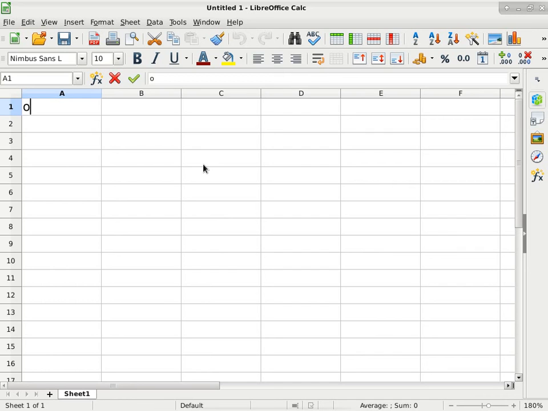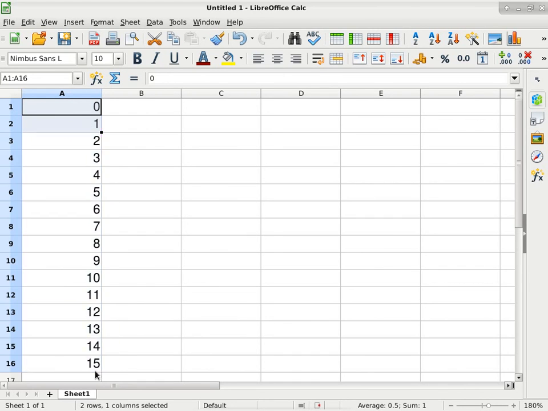Okay, so first of all, we'll do it in base 10 first. That works. Okay, so 15 numbers. Now I want the binary representation, but I want all 4 digits, because the 15 requires 4 digits to represent it.